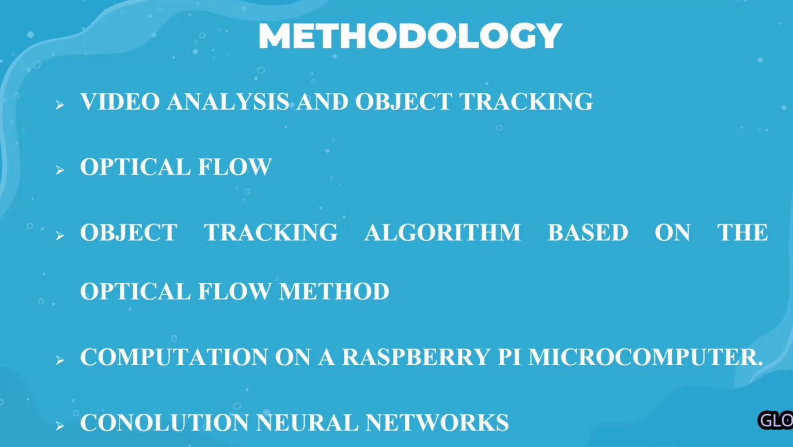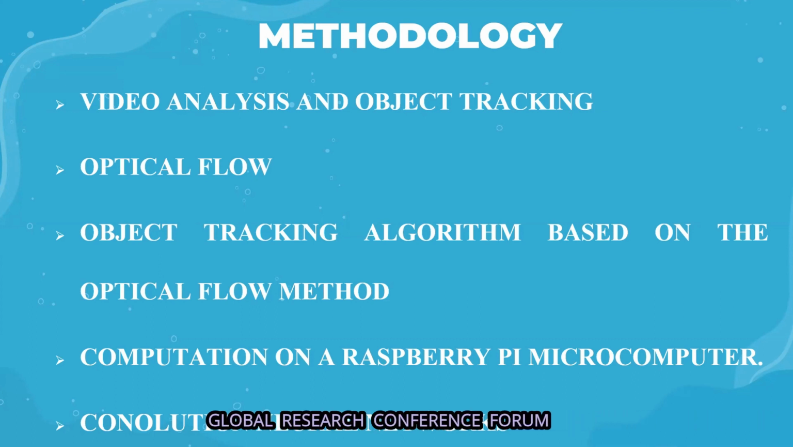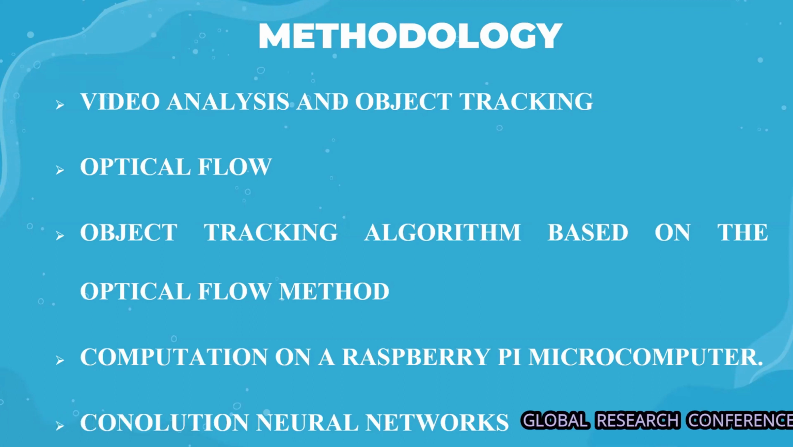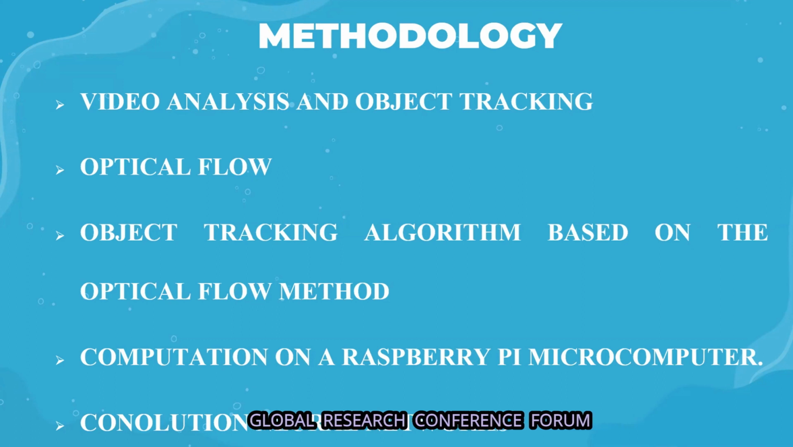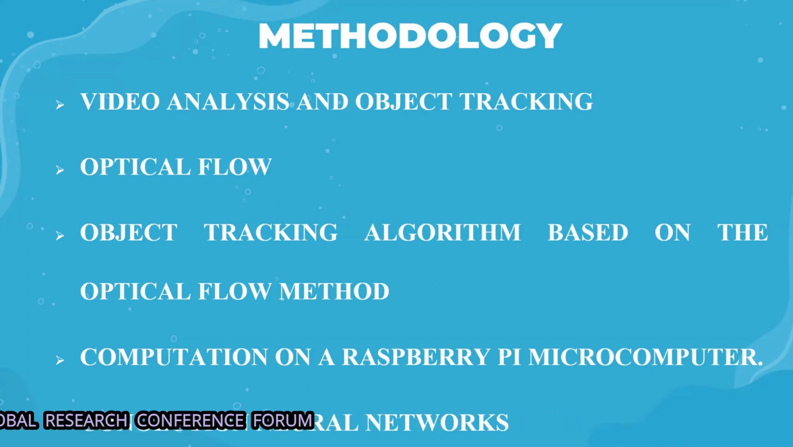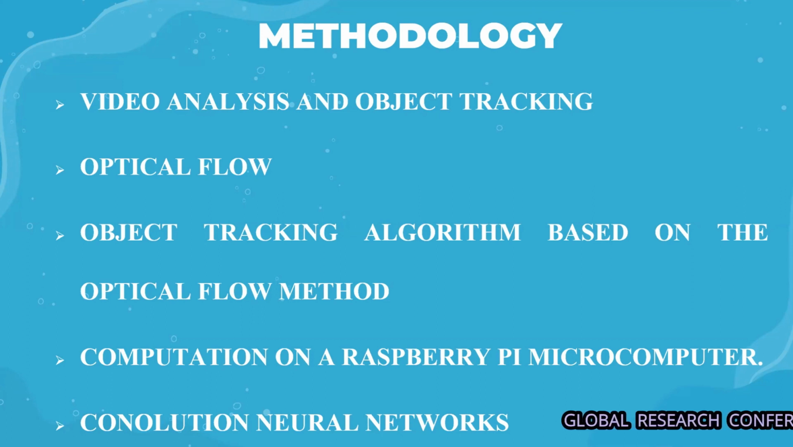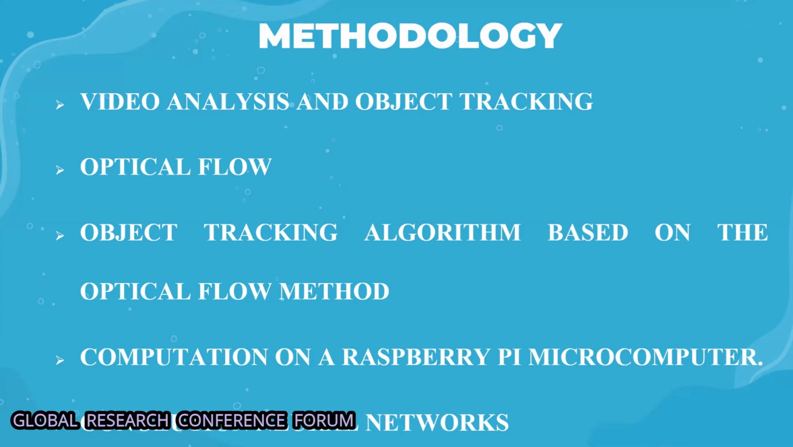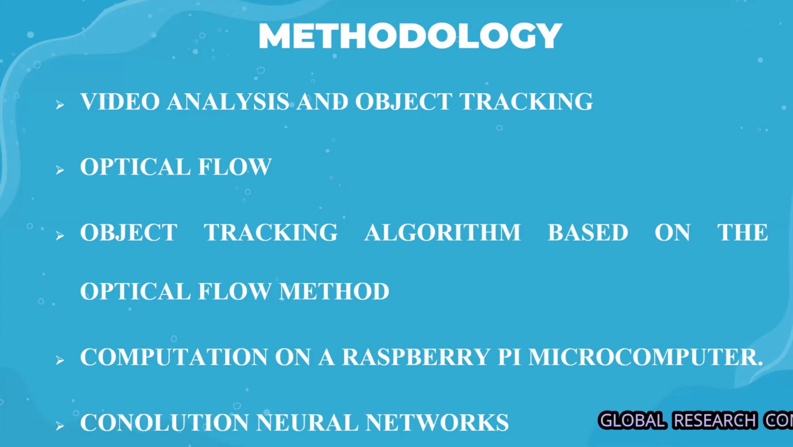And the control unit does the video analysis and the object tracking. Optical flow is the distribution of the apparent velocities associated with the motion in time-varying images, and is one of the most widely used image processing and video analysis techniques. The paper implements an object tracking algorithm based on the optical flow method for computation using the Raspberry Pi microcomputer